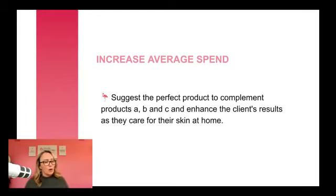And also, what I think would be really great for you at the moment, based on winter, based on lockdowns, based on stress, anxiety, whatever it is that they shared with you as well. Listen and use those words when you're going to make a suggestion of another product that you could potentially add into what their skincare regime could benefit from, to help them enhance their results and get better results for their skin's health. So you can not only just call for a top up, but on their products, you could also make a suggestion of just one other corrective, for example, serum, exfoliant, mask, that would help them get a better result, especially at this time of the year, which is